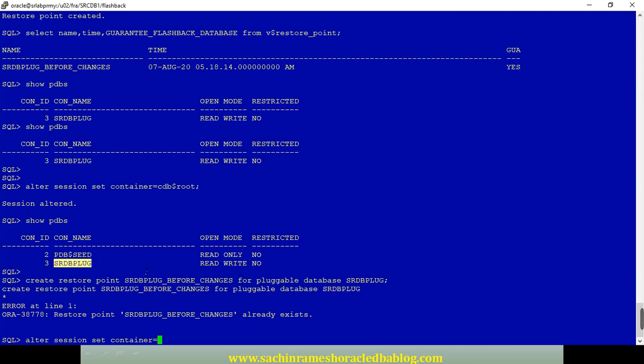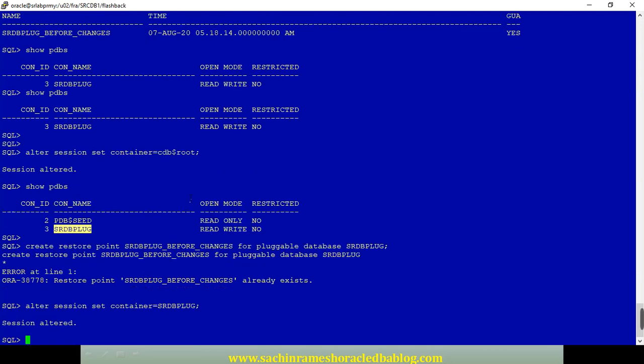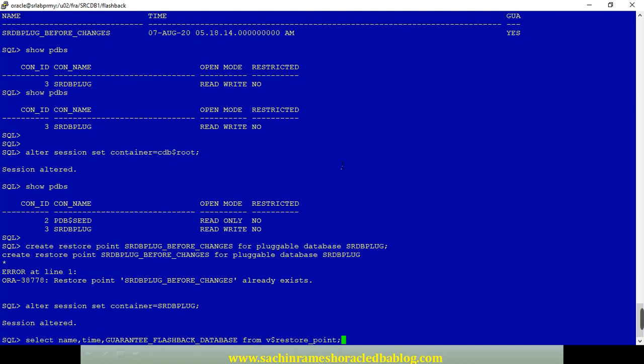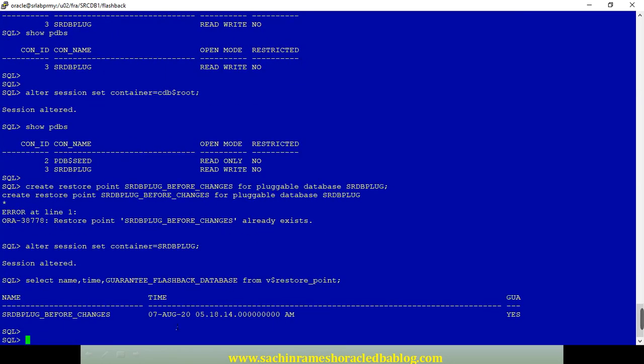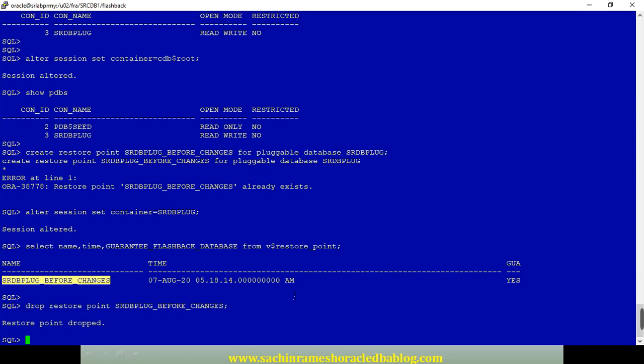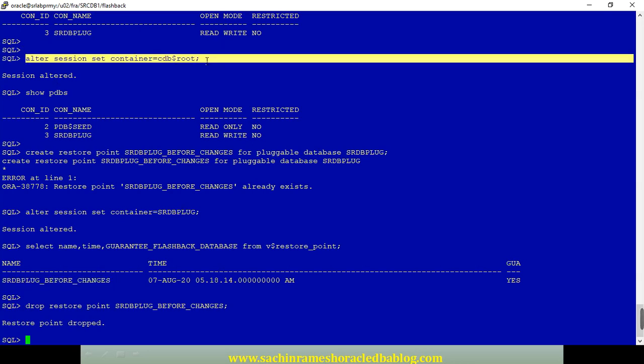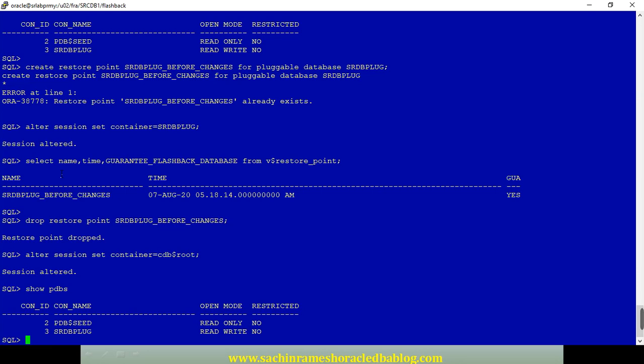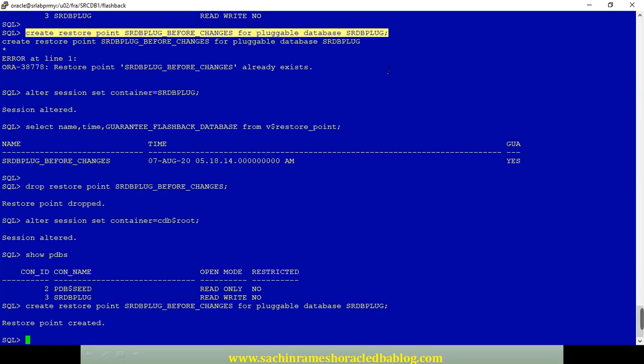We need to drop that earlier one and come back. Now we can go ahead with the container, so PDB, and we can create. Yeah, it is created.